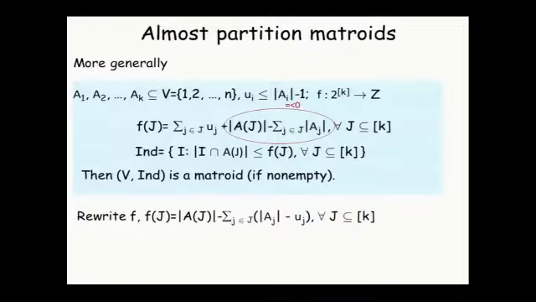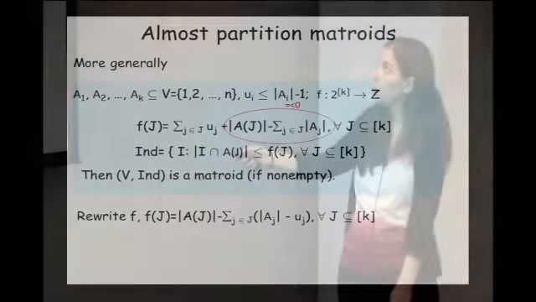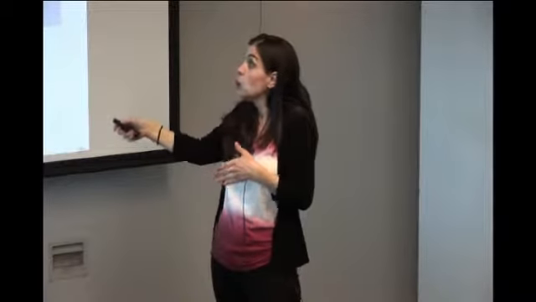Right now, in our work, we generalize this from just two sets, A1 and A2, to the case where we have many sets, A1, A2, up to AK. Now we need to impose constraints on the cardinality of the intersection between I and the union of many sets, AJ. Let me denote by capital J the union of the sets AI over I in index set J. And so you have to impose, for any subset J of the ground set, such a constraint on the cardinality of the intersection between I and this set AJ.